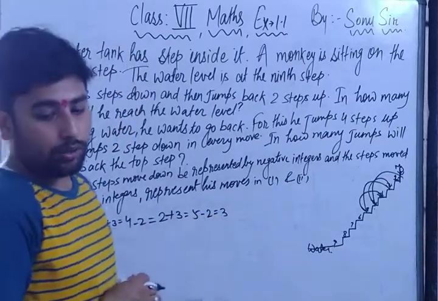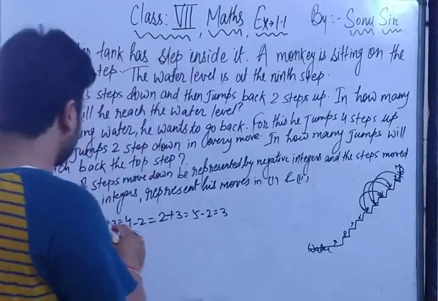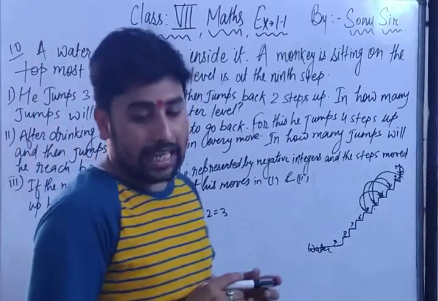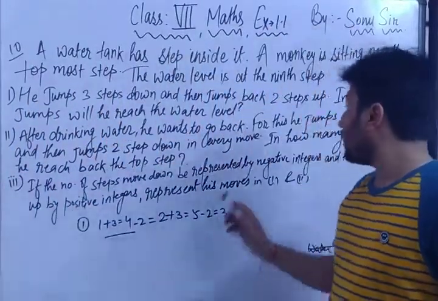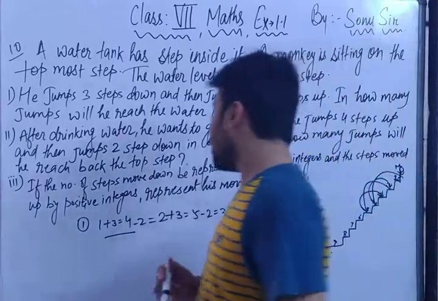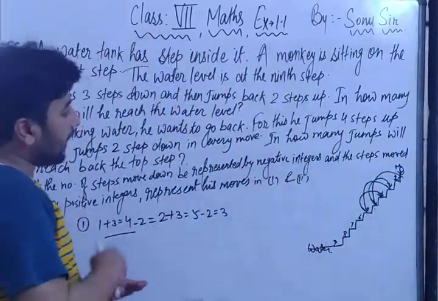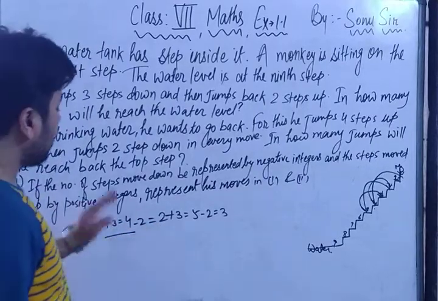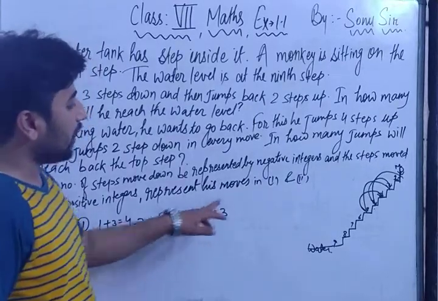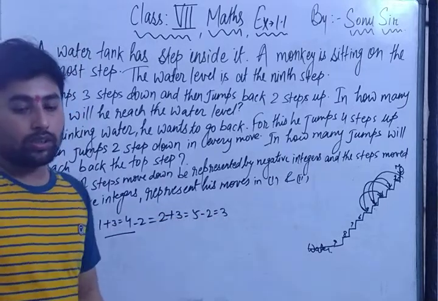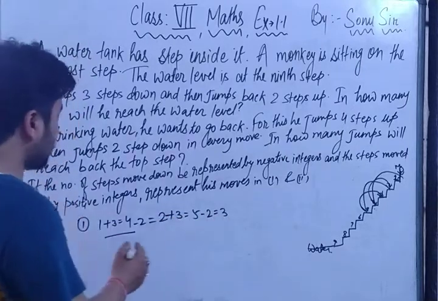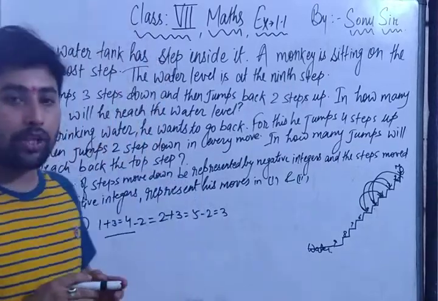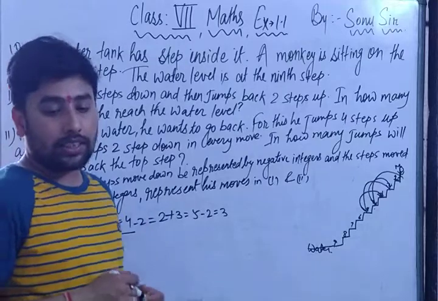Right? So what I want to say is that the first question was, after the first jump the monkey will be at the second. You can see on the first step he came to the 4th ladder, and again he moved, so he will be on the second. Again after plus 3 he came to 5, and then again minus 2, so 3. Similarly, on the first jump he came to 4. On the second jump he went to 2. On the third jump he came